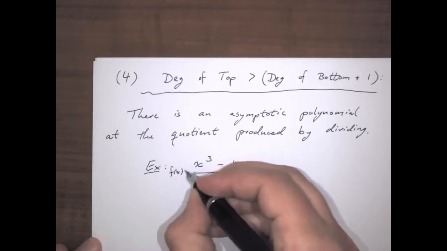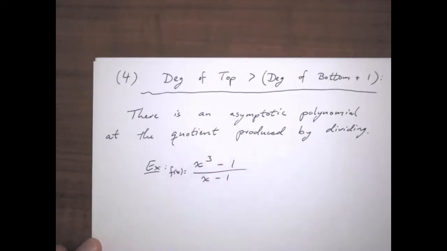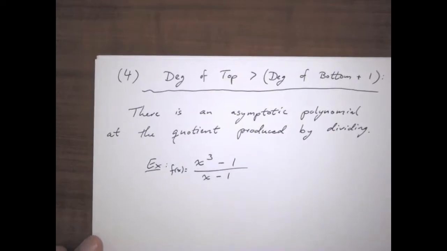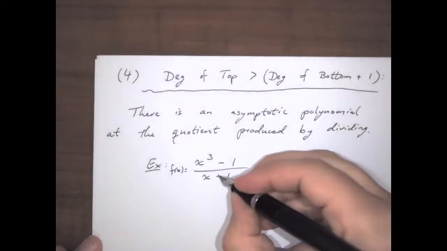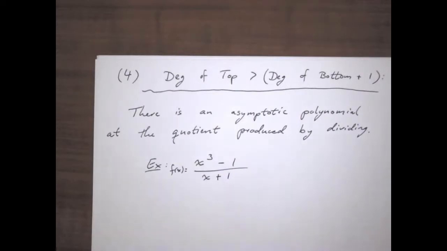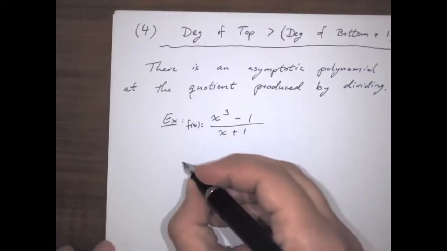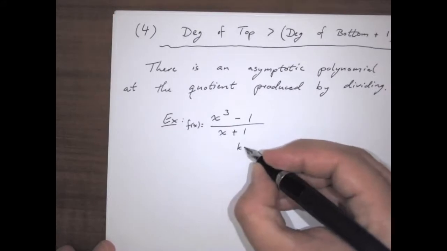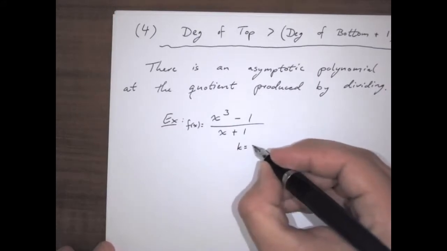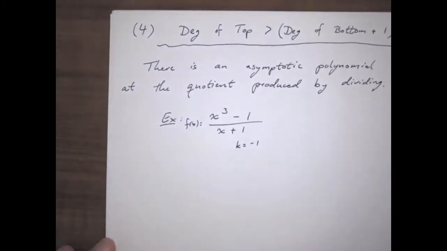minus 1. So what we've got here is, actually let's make it x plus 1. What we've got here is a polynomial where the top has a degree 2 more than the bottom, and so we can actually just do the long division again, either through synthetic or polynomial long division, and we can do k here of -1 if we're going to do synthetic